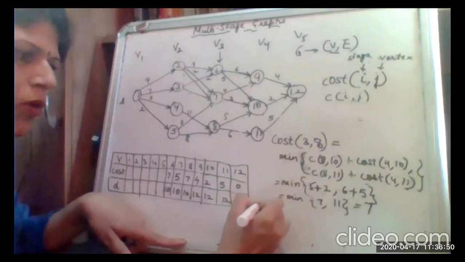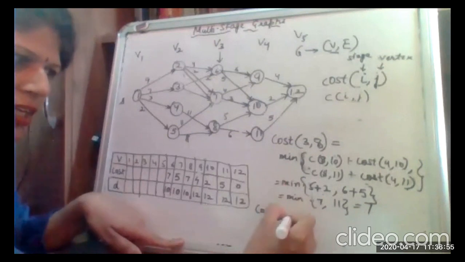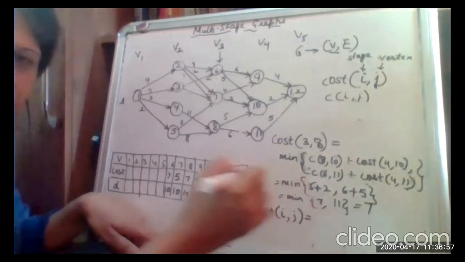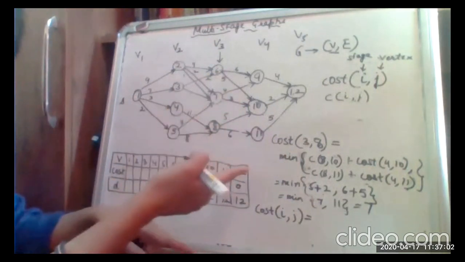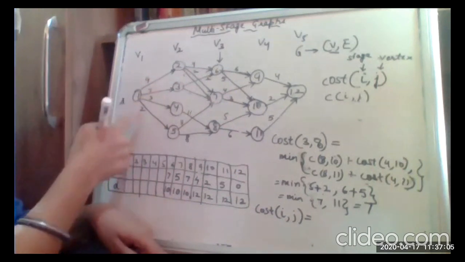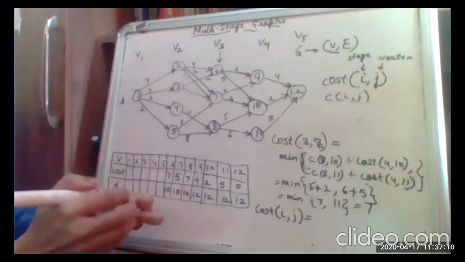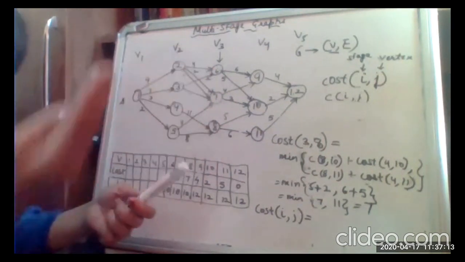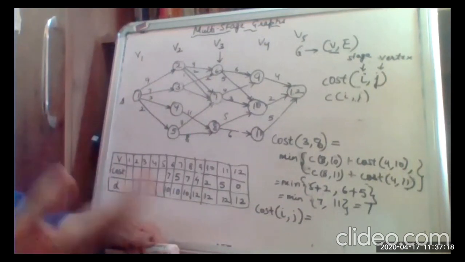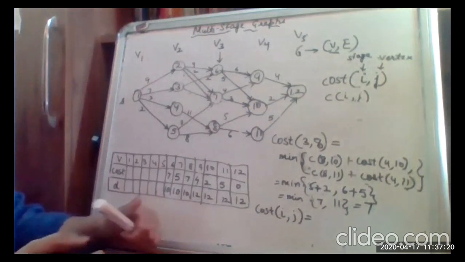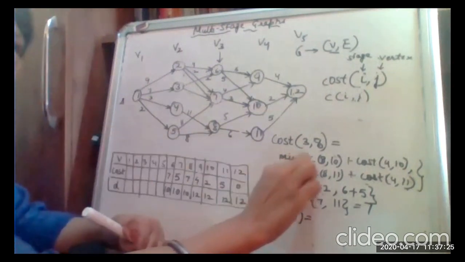Now this cost, I will say, is for the ith stage, jth vertex. All this time we have taken two edges and we have taken the minimum. Here you can have 3, here you can have 4. So I don't know how many edges I will have from a particular vertex. If I have 5 vertices at the next stage, I may have 5 edges, or I may have 2 or 3 edges. So let me only write the formula for one path.